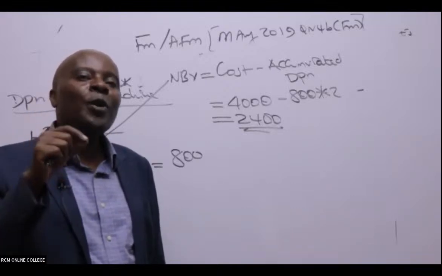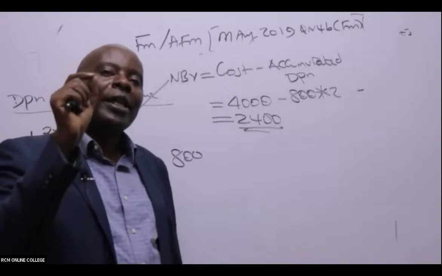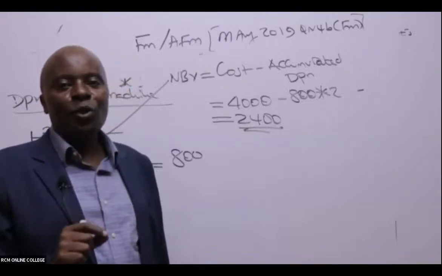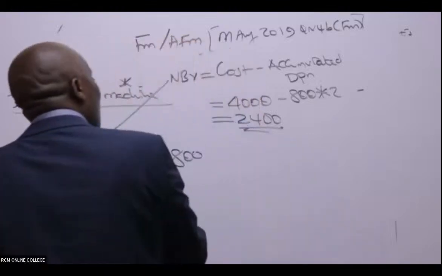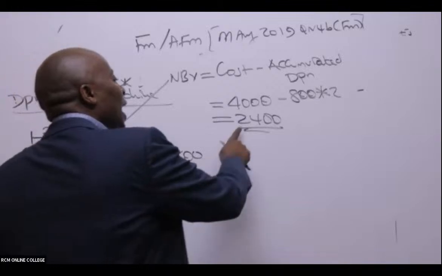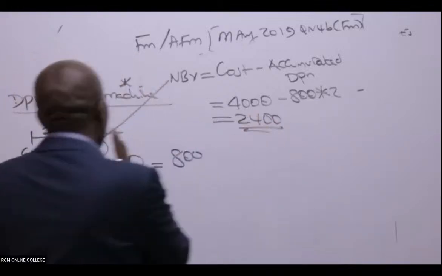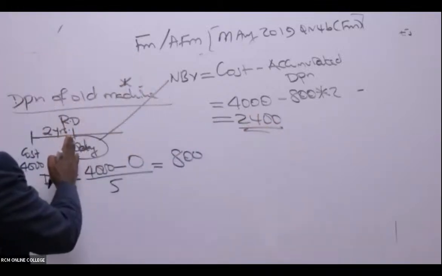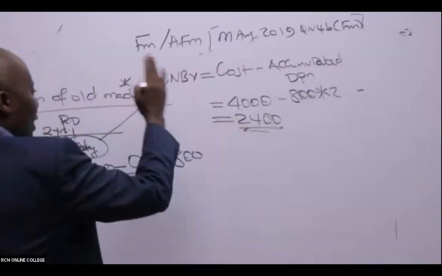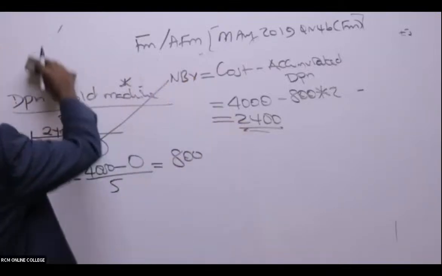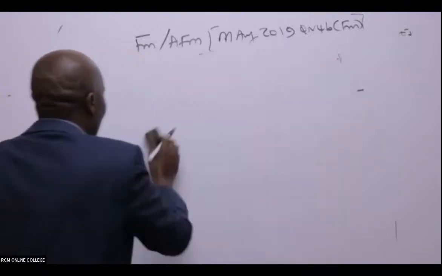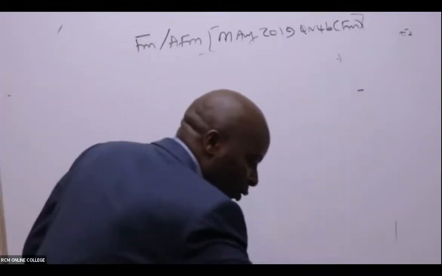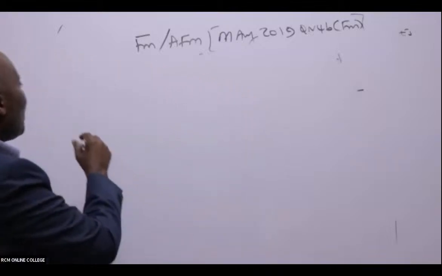Then what are we doing today? Today we are calling in a valuer. So when we call in a valuer, this becomes now my new cost as of today. So we want to calculate here